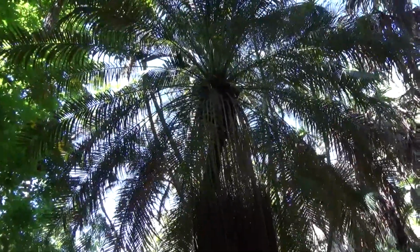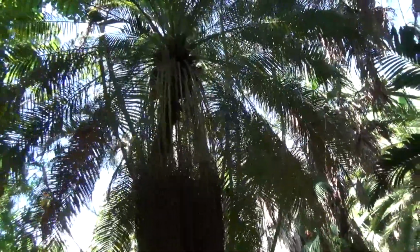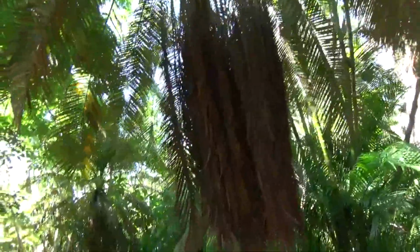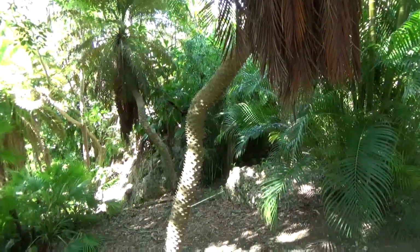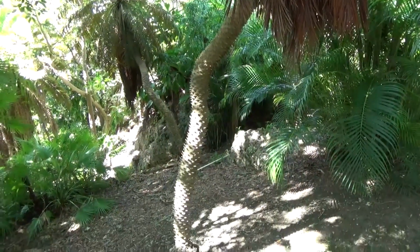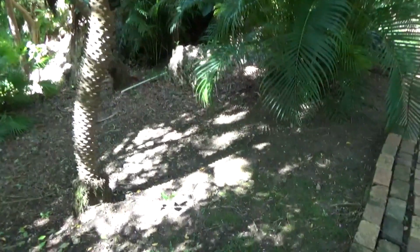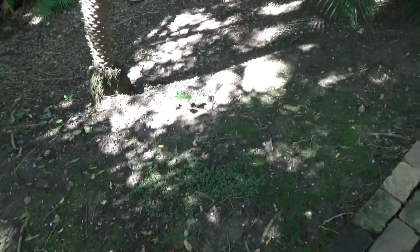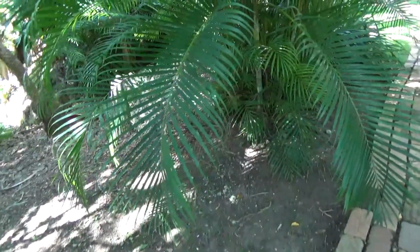Okay, so this is the Pygmy date palm. So I'm not sure whether it's the date palm where you can actually eat the dates, but it's quite an impressive tree. There's a couple of them there. I can't see if it's had the fruit and whether any's fallen. Can't see anything growing, but